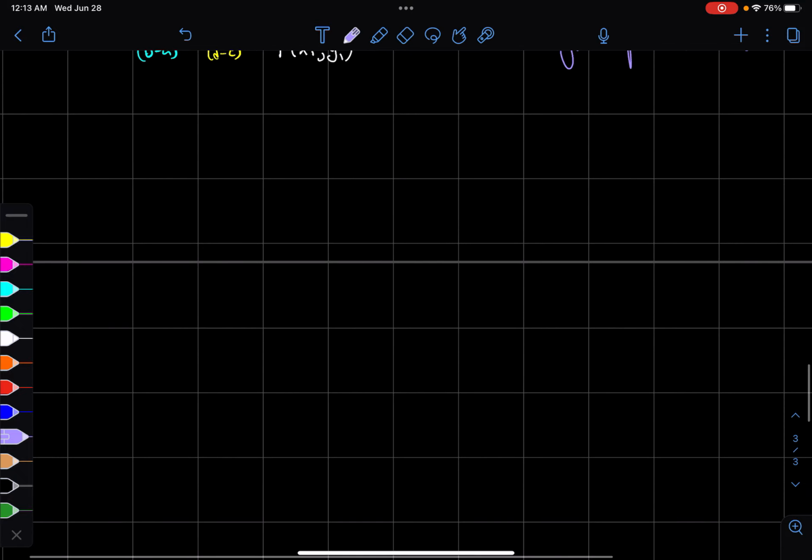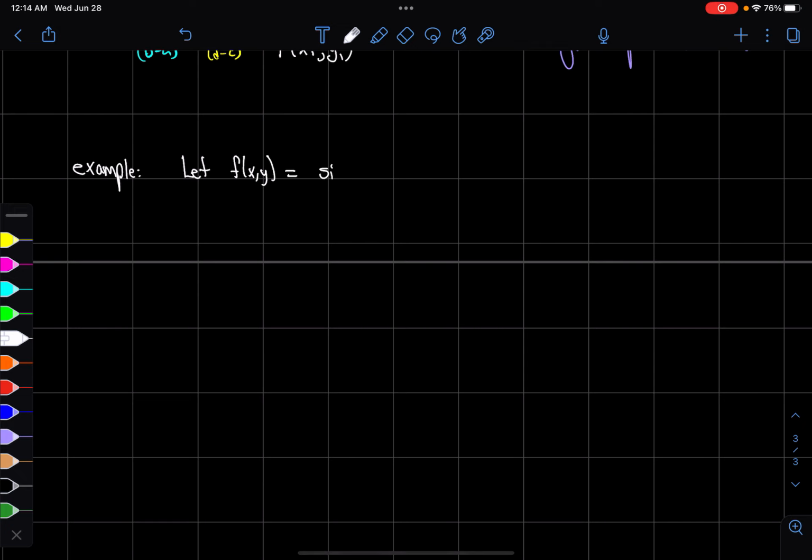So, for example, an example. Okay, so let's think of one. So let's say, let f of x, y equal the function sine of x cosine of y, and let the region of integration